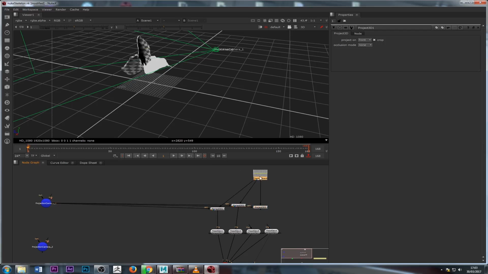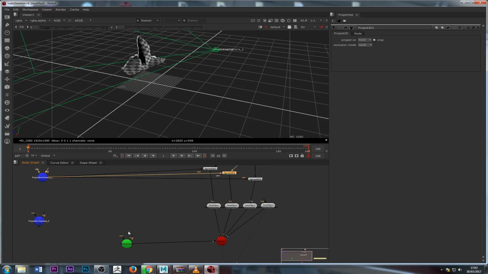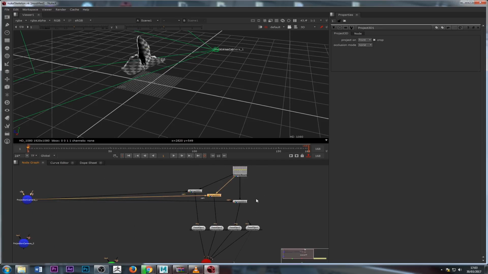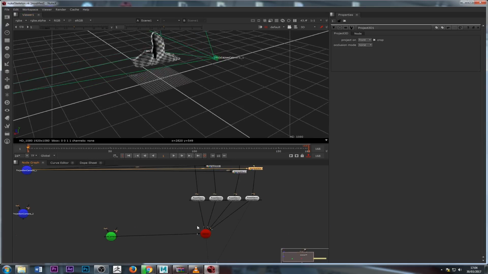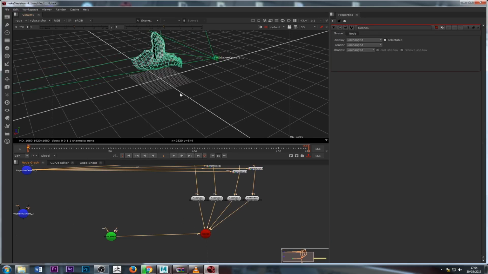So we're projecting this file, or texture in this case, onto this geometry using the static camera, and then rendering it out through the moving camera. It's pretty much the same as what we did last time, but here we're just doing it with the checkerboard. So we got that. You see they're all being projected. Now if we press tab,